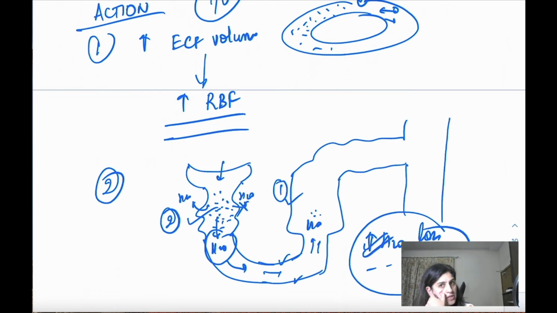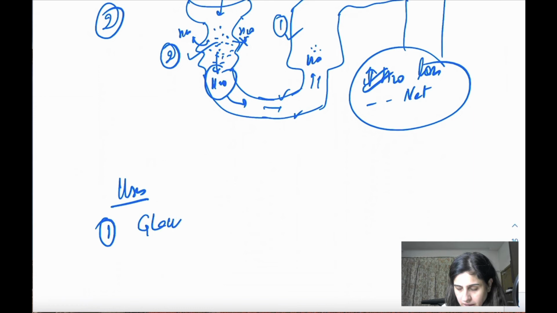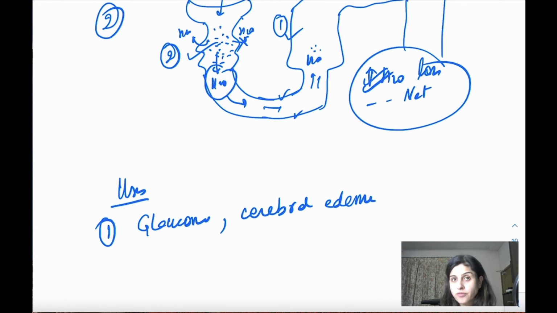That's because of osmosis, because it is present there, it increases the concentration and therefore it will actually not allow the water to be reabsorbed. ठीक है. So what are its uses? So the primary use actually is in glaucoma. ठीक है. It can again pull the extracellular fluid. Then cerebral edema, it is going to shift the fluid from the cells or from the brain and the eye.